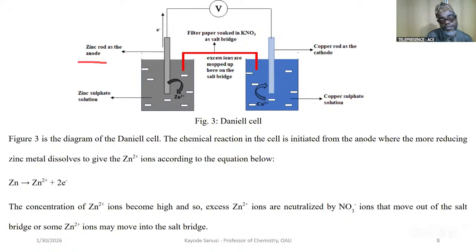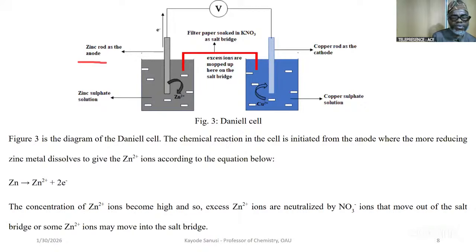And that is the difference between electrochemical cell and electrolytic cell. So we are using chemical reaction to produce electricity in electrochemical cell, whereas for electrolytic cell, you are using electrical energy to cause a chemical reaction to occur. All right. So now,